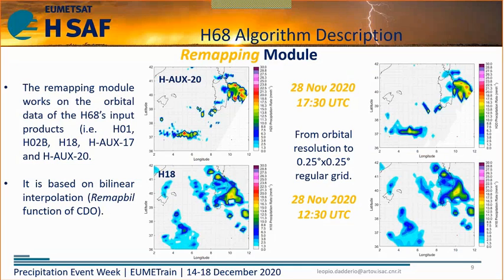So, as I said, the algorithm is based on 3 modules. The first one is the remapping module. The remapping module works on the orbital data of the H68 input products, and it is based on bilinear interpolation. So basically, as the example here shows, we move from orbital resolution to a regular